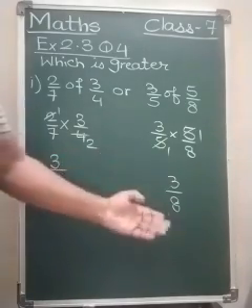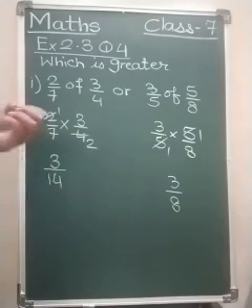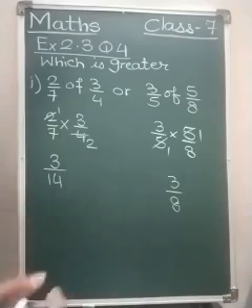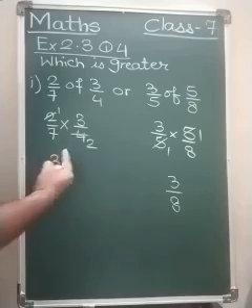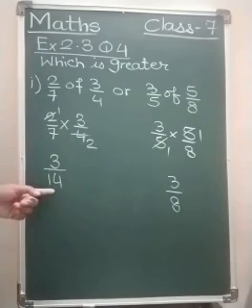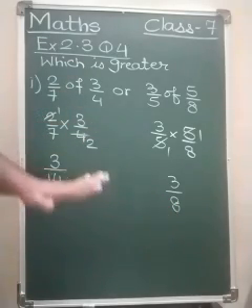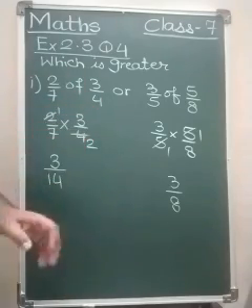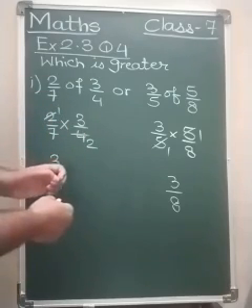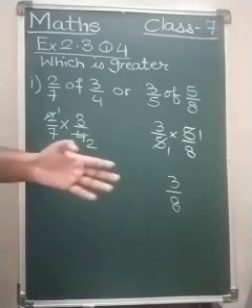3 upon 14, 3 upon 8, what can we say about the comparison? A simple technique I will let you know, please pay attention to this: if the numerators are equal, 3 and 3, then we will check the denominators. Here the denominator is 14, here the denominator is 8. Greater the denominator, the fraction would be smaller. Please understand this. But here directly we cannot judge it. Here we have to solve and see which fraction would be greater and which would be smaller.